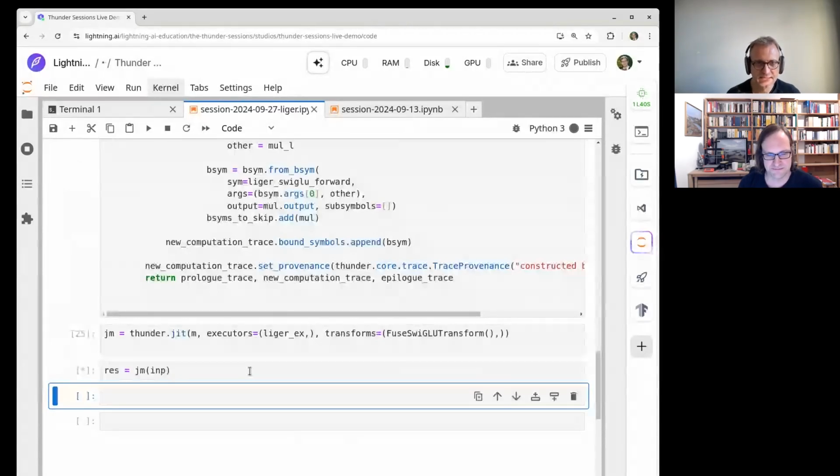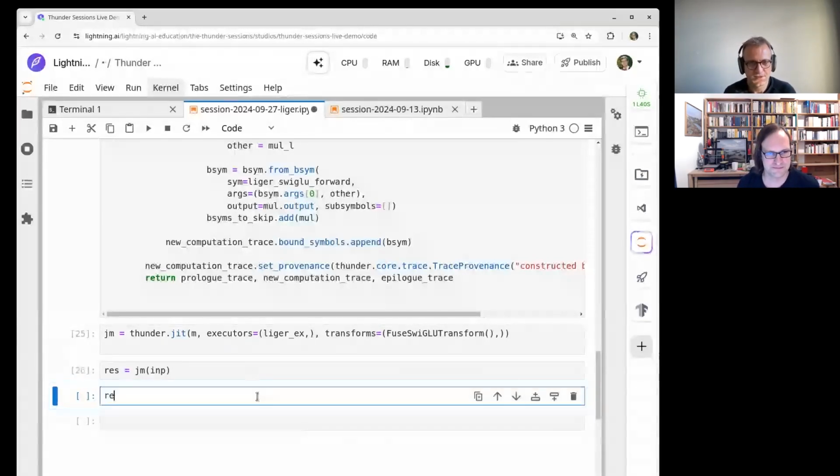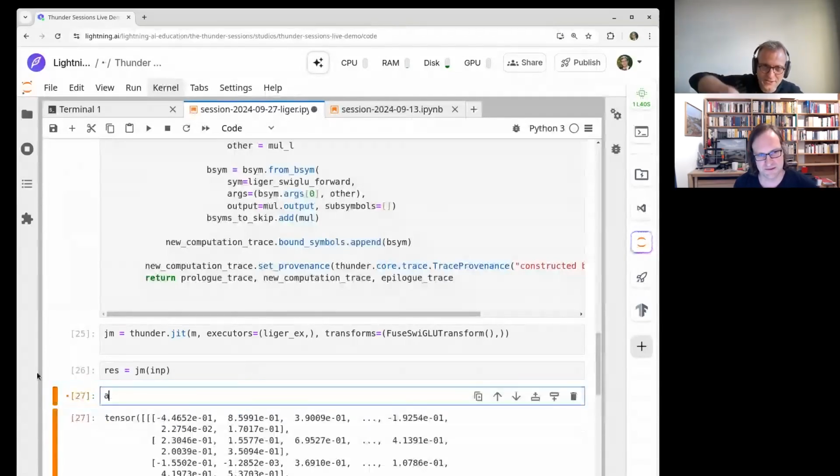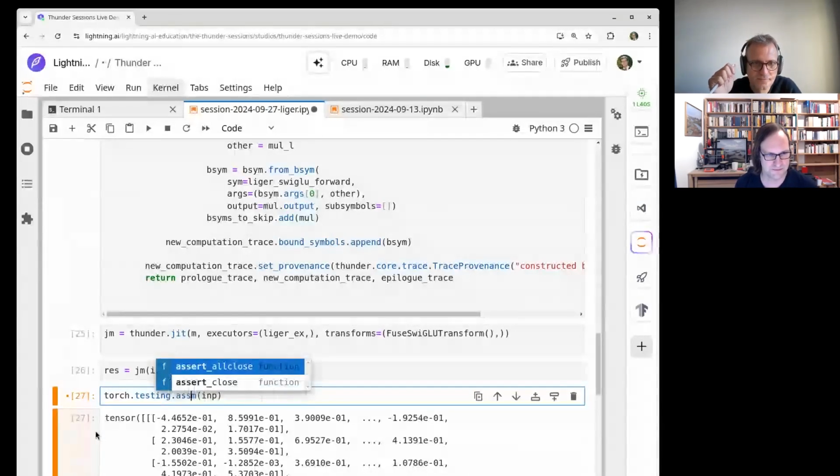Anyway, as you can see, the devil is in the details, but I believe that the formulation that we have today allows you to reason through all these things because they are in front of you, right? Instead of being deep down somewhere in the framework. All right, so we could now use torch testing assert close.